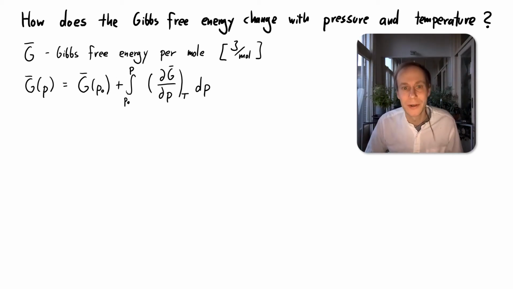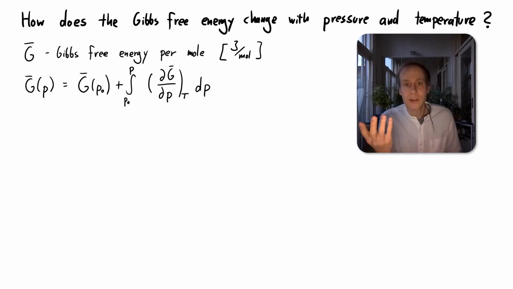You'll find out on this slide. So what is the integral doing? It is integrating from the pressure P naught to the pressure P at which we want to know the value of the Gibbs free energy. And what does it integrate? It integrates this partial derivative of the Gibbs free energy. You can see the partial derivative is written with these delta symbols rather than the d letters, which we conventionally use. And why the delta? Because